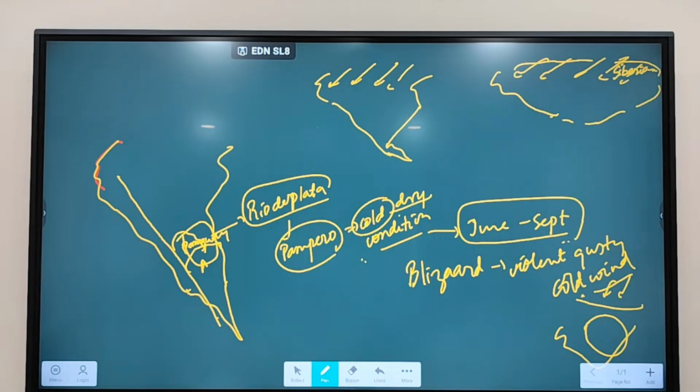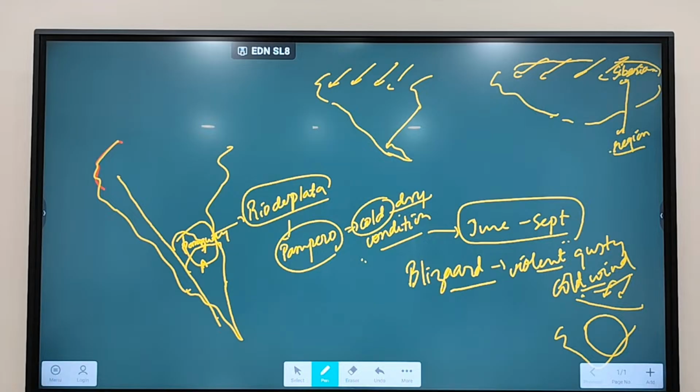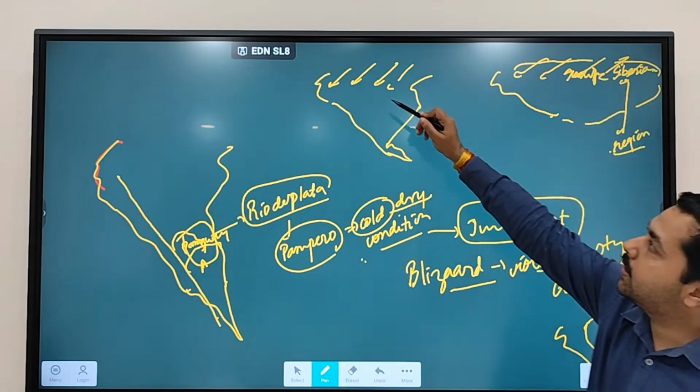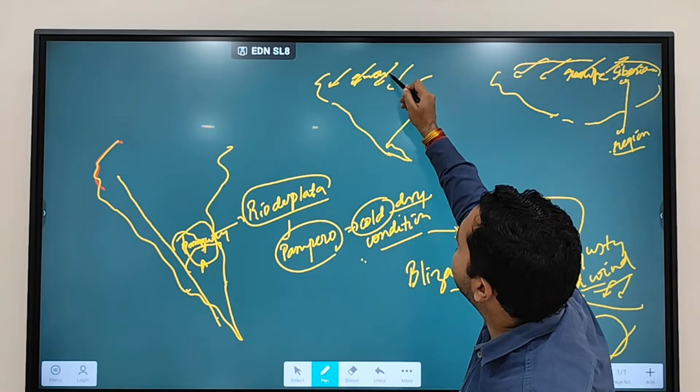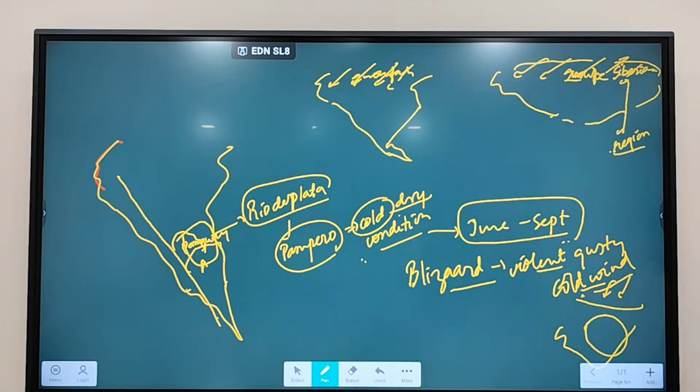Fine. So this part that you see is the Siberian region, and the Siberian region is where you see Blizzard, that is, violent gusty cold wind blowing. This causes a lot of snowfall here in Canada, and here in the Siberian region of Russia. Fine. So these are the five